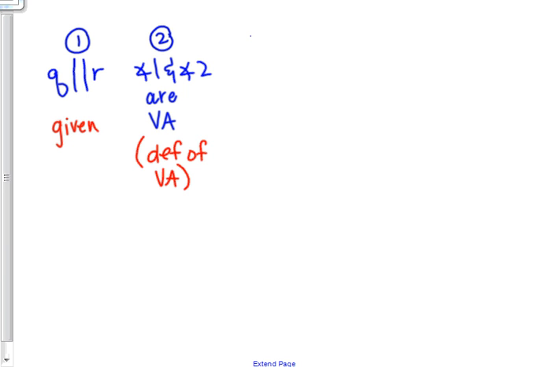All right, so I actually know something about vertical angles. I know that vertical angles are congruent. That's from the vertical angle congruency theorem. So I'm going to say that 1 and 2 are congruent. 1 is congruent to 2. And that is from that vertical angle congruency theorem. Doing a lot of abbreviating. I can draw an arrow there. And then step 4,